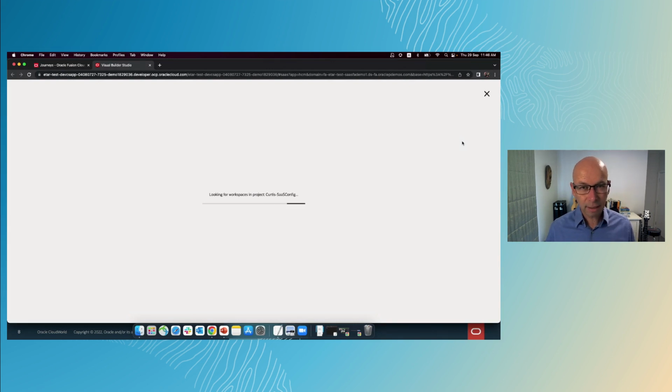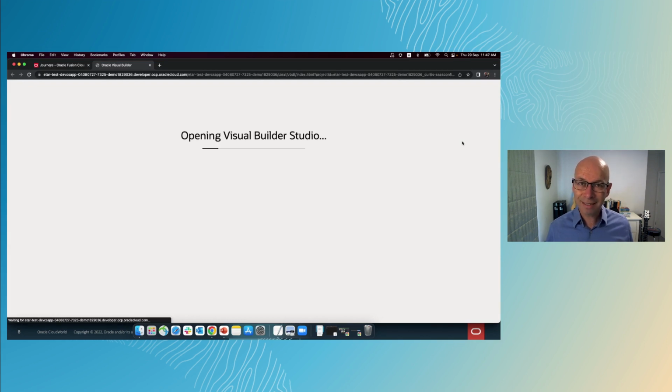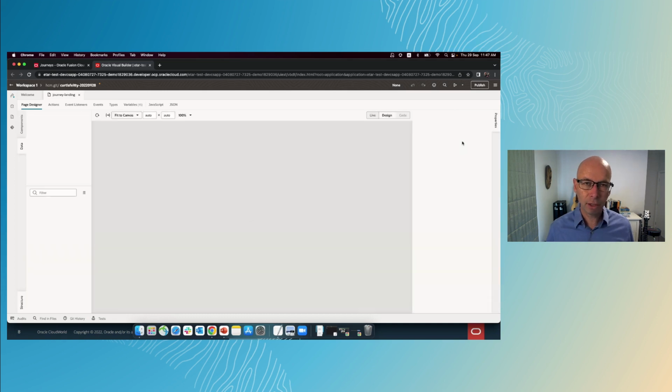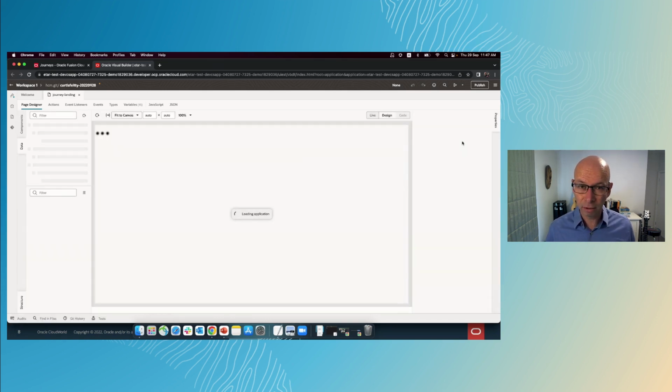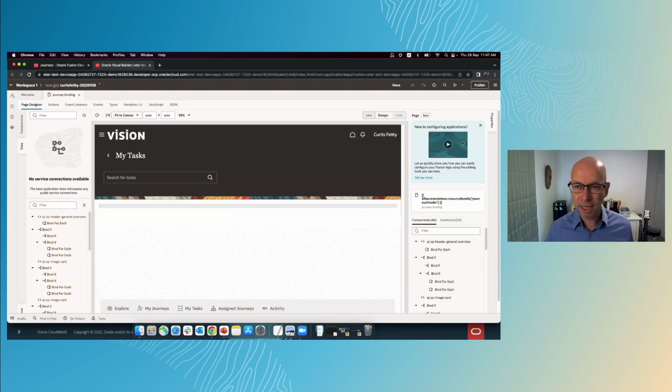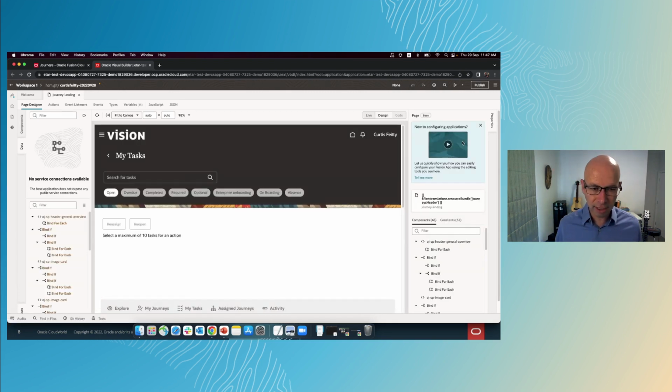This would take the context I was working in, so it would know which page I was on and which data I was seeing. Using the same user that is using Oracle SaaS, I'm logging into Visual Builder, which is our development environment. And what you're going to see now is the same page displayed in Visual Builder in our visual editor with